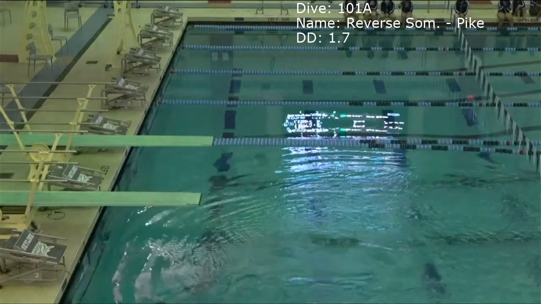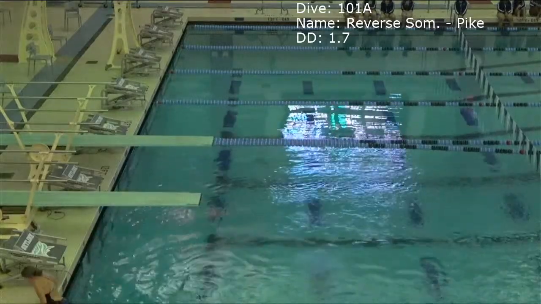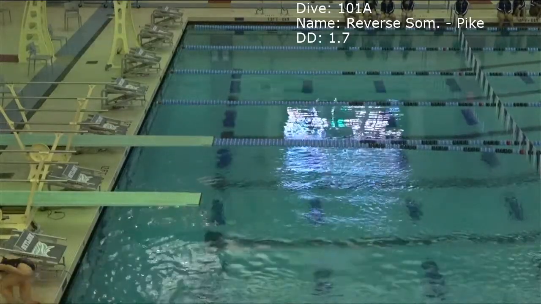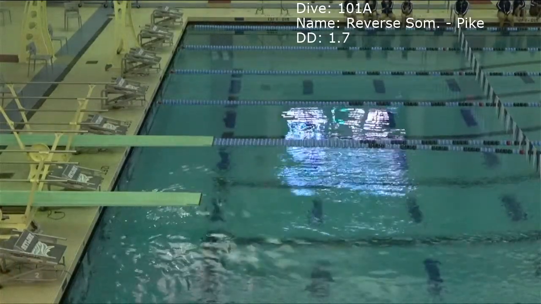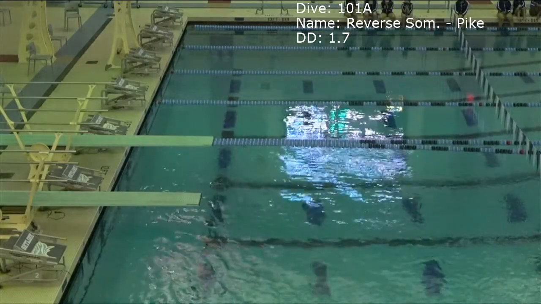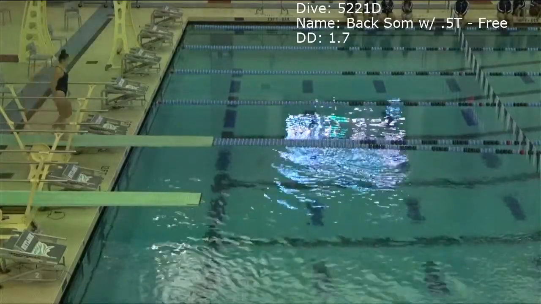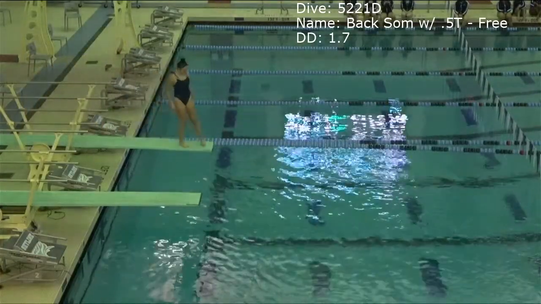Scores for Libby. 3.0, 4.5, 2.0 for a 16.15 total. Peyton, a 5221D back somersault with a half twist in the free position.